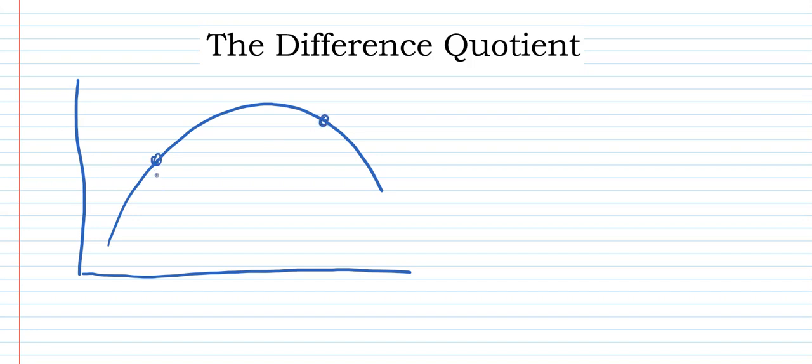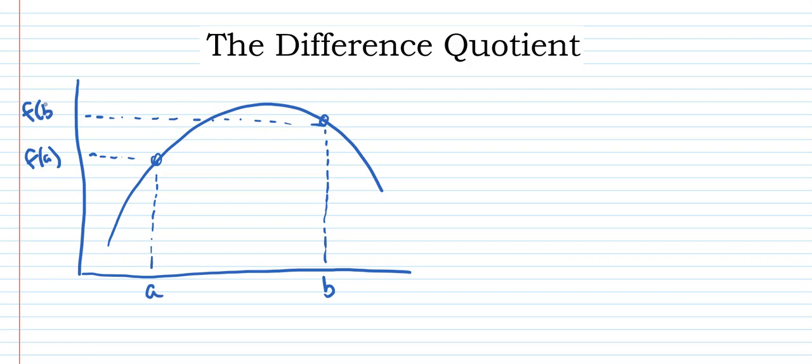And we said, well, let's let the first point be called A, and then this would be its function value, f of A. And then we said, let's take the second value and let it be equal to B, and then its function value would be f of B. And so our average rate of change was f of B minus f of A, the difference between the function values, divided by